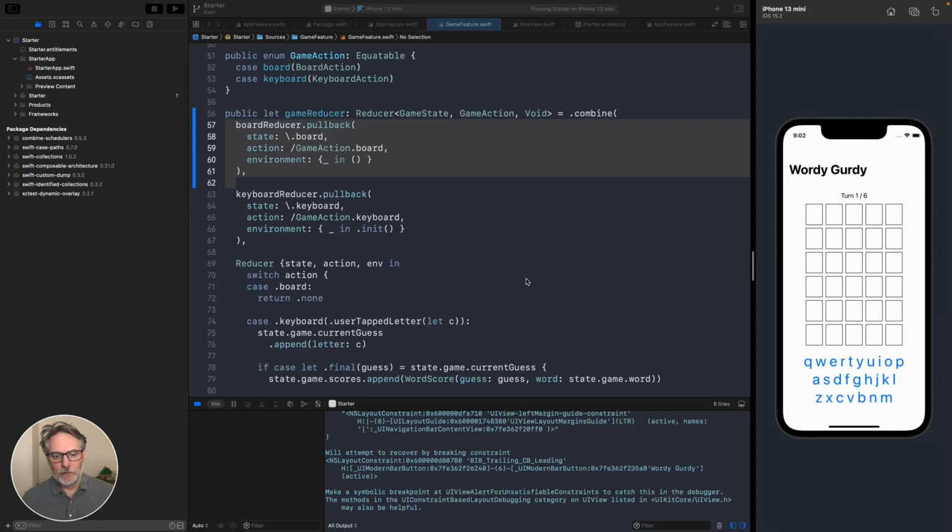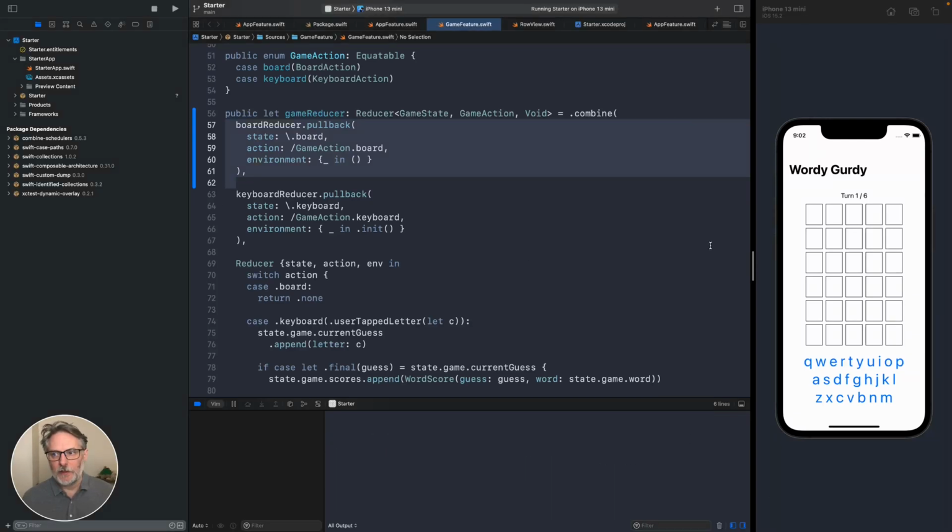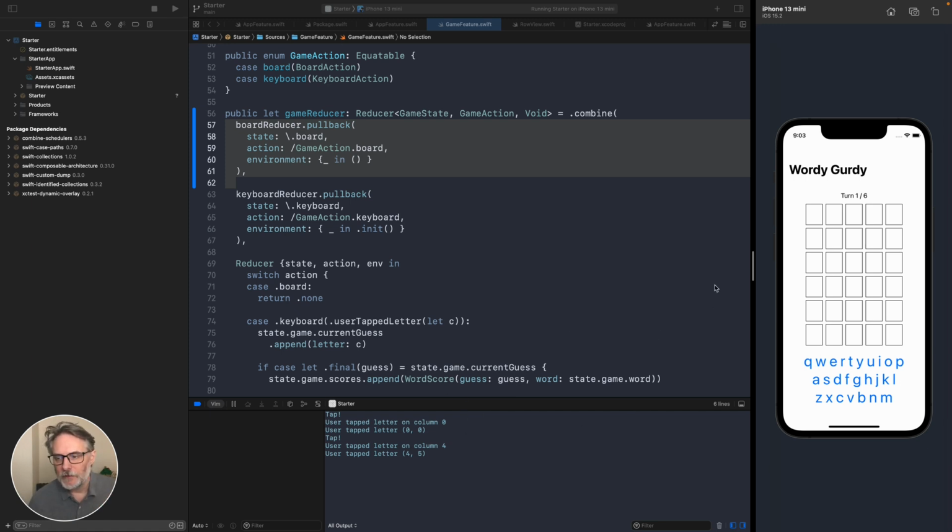Okay, so last time we left it here, we just started to detect the taps from the square, and we can get the square, the column and the row for each one. And we're going to do it so that it deletes a letter if there's one there already. So can I just do that really? Basically we need to